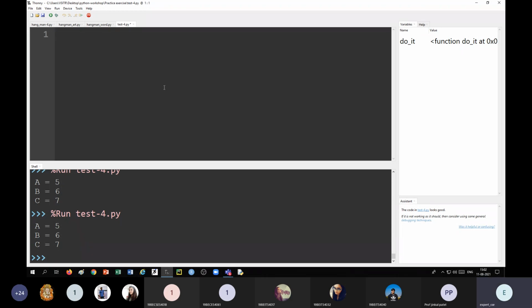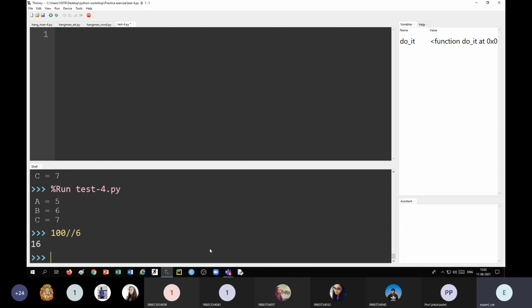floor. Okay, so up to now we have seen the function floor, that is double slash. So if you take 100 double slash 6, you will get floor division, for example, 16. Let us do it here in the console. So 100 divide by 6, it should give 16, right?